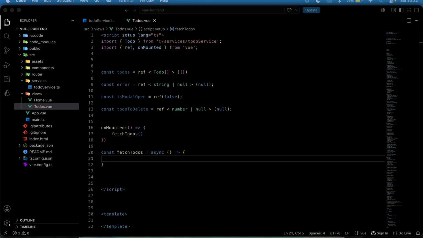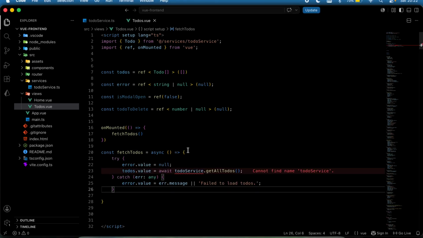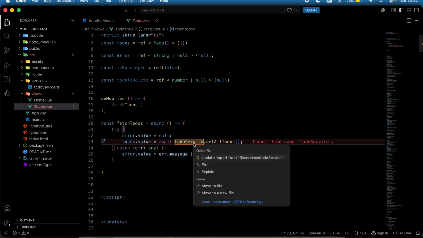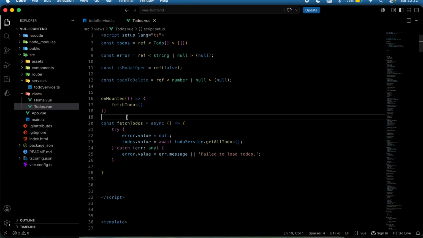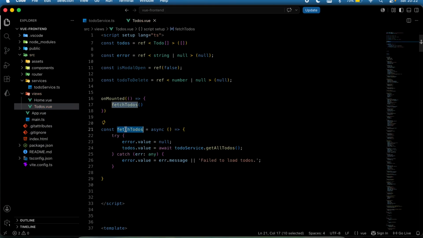So let me just paste it in so we can be a little bit faster. So I'm going to bring in the todo service. What I'm doing right here is basically fetching the todos by using the todo service to get all my todos, get the data, and then